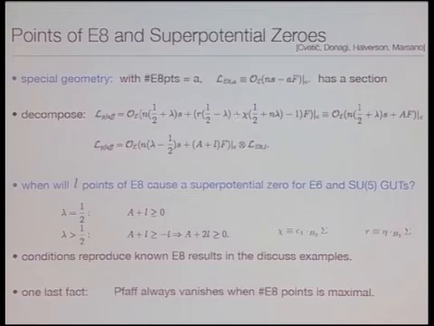So in particular, if you were to factorize the Pfaffian line bundle like this into this guy and this factor, you know that in the presence of L E8 points, this thing is getting a section, and so then you can recast the question of whether or not this gets a section and you have a superpotential 0 into this bundle. And you can set conditions and ask the question: when will L points of E8 cause a superpotential 0 for an E6 or an SU5 gut?